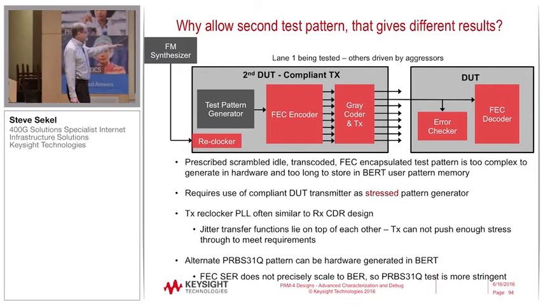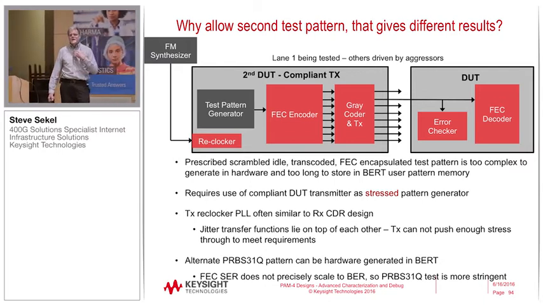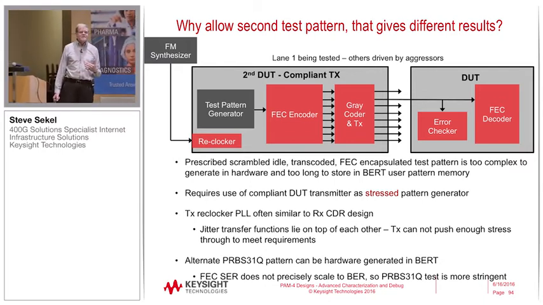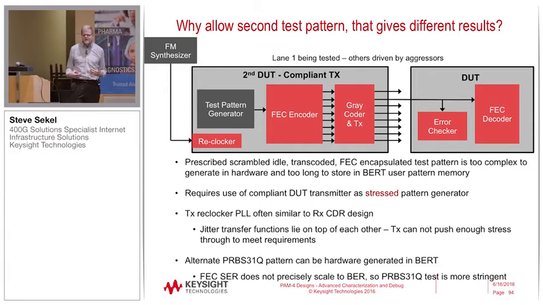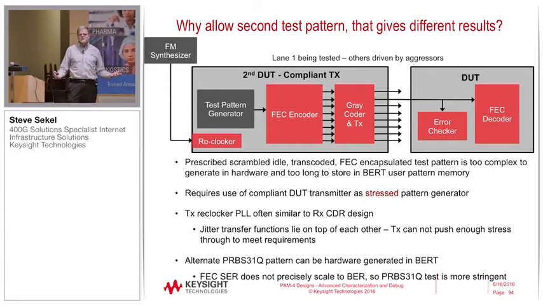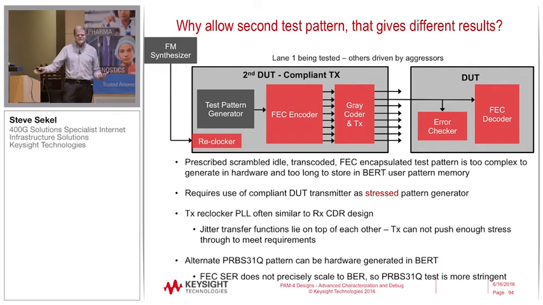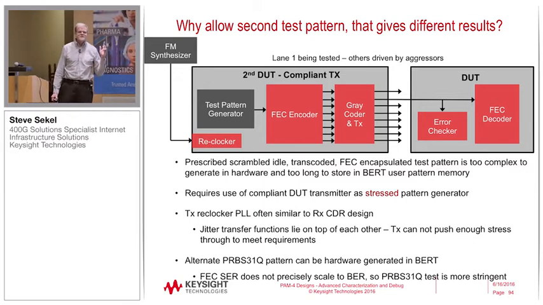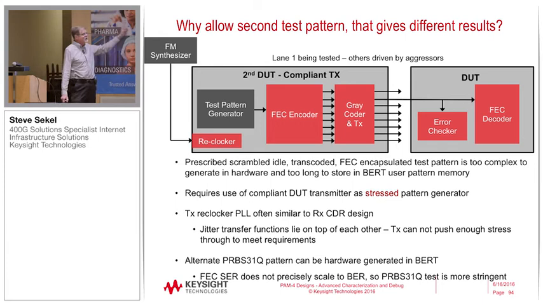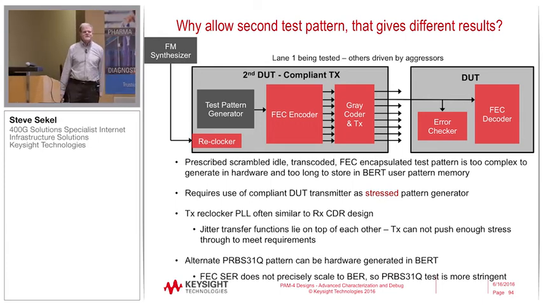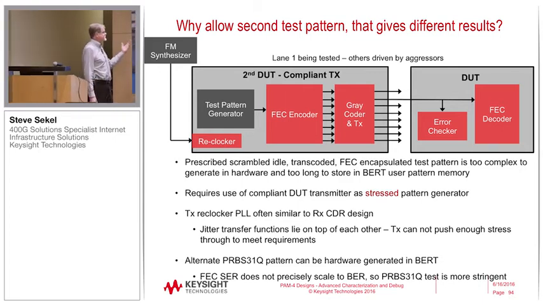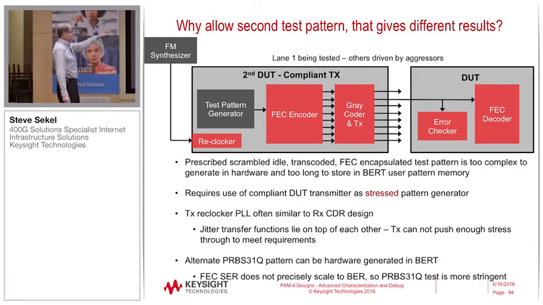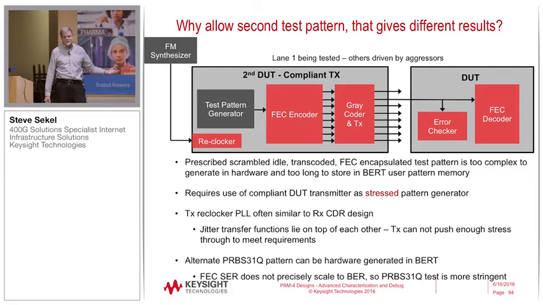And today I've worked with many users doing 100 GKR that have this very problem. They get a lot of chips back, 100 or 200 chips, and the first thing they do is they go and measure the PLL bandwidth of the reclockers, and they cherry pick the one that has the very lowest tracking frequency, and that's the one they use for their compliant DUT, because that's the only way they're going to get enough stress through to even do a compliance test, let alone a margin test. So this is a really bad problem with this test methodology,